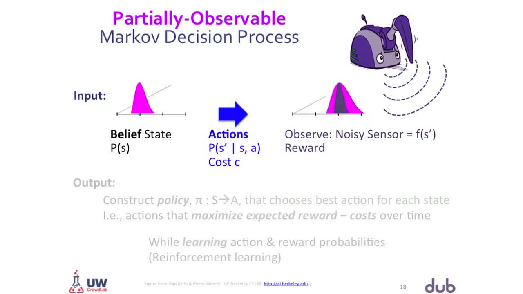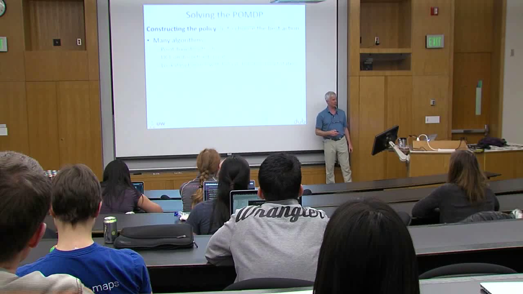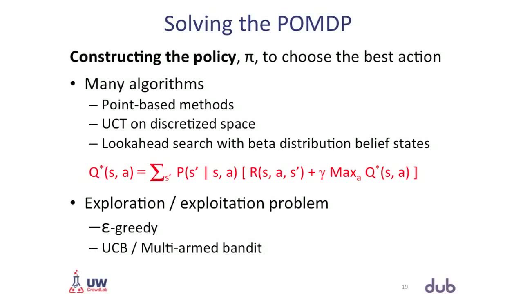Okay, so there's lots of different ways of solving the POMDPs. I won't actually talk about them so much. Most of them involve using Bellman's equations. And when you've got the reinforcement learning aspect to the problem, there's this exploration-exploitation trade-off that basically says, should I be trying to maximize a reward, or should I be executing some new action I haven't tried before, in the hopes of getting a better understanding, which might lead to more reward later.